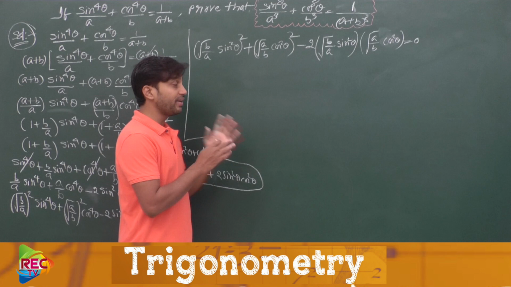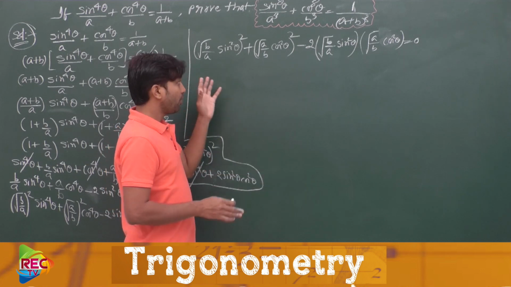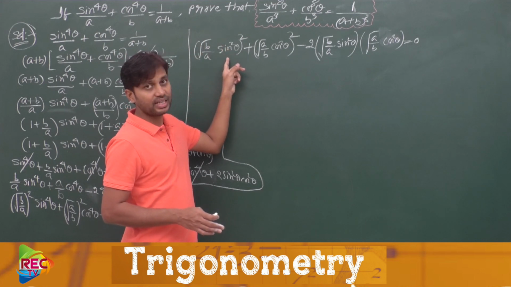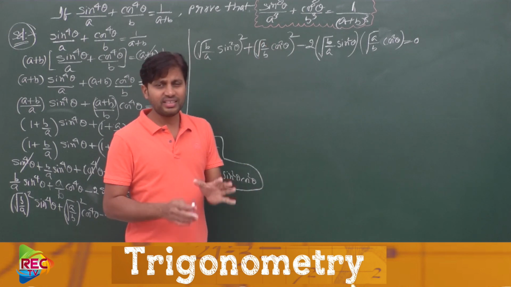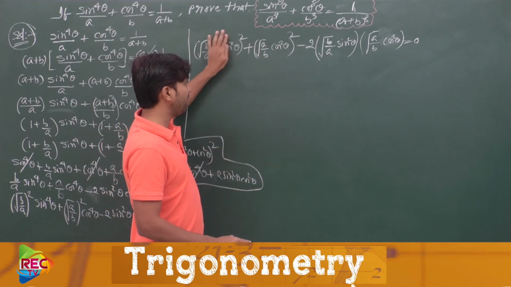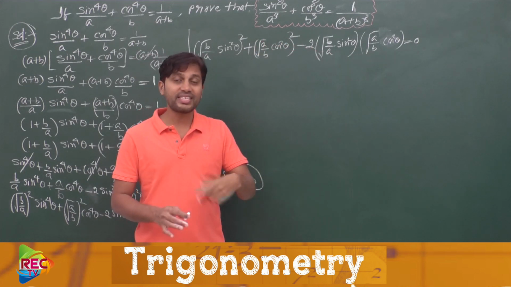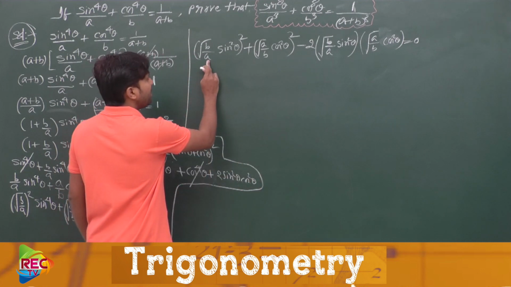Got it? So what we have to do next? Here, if you observe, if you consider this root b by a sine square theta as a and root a by b cos square theta as b, then it is in the form of what? A square plus b square minus 2ab. So this is an expansion of what? A minus b whole square or not? Let us write it down. So a minus b whole square means